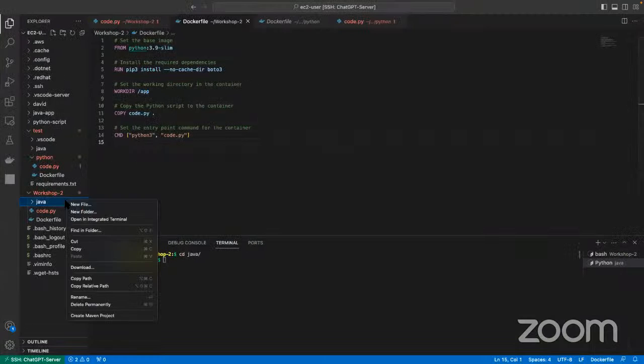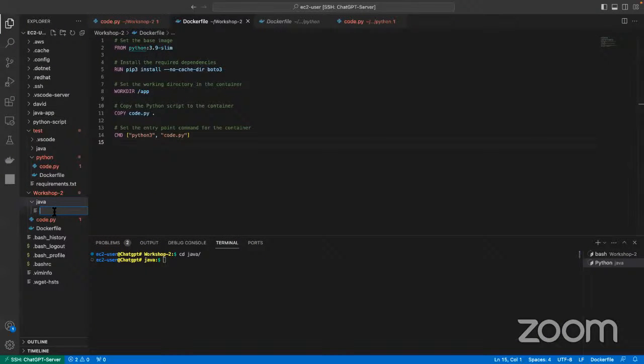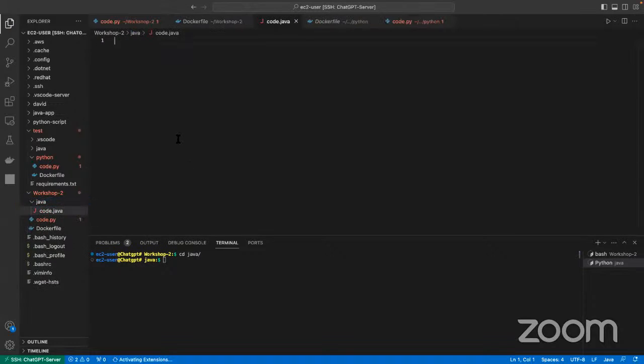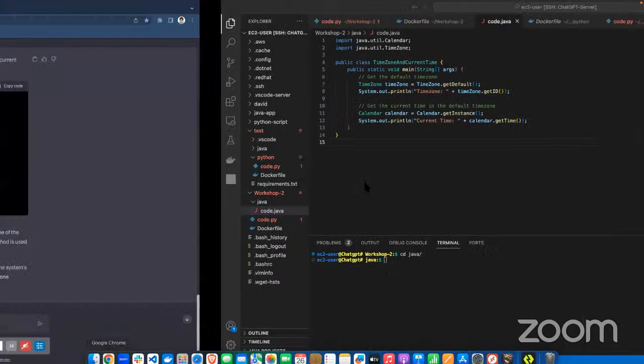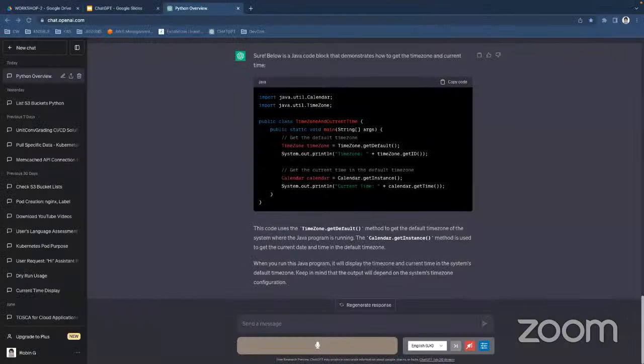Getting back and creating a new file, let's say code.java. Okay, so let's paste the content in here. And after that, if I get back to ChatGPT, it's going to give me the file name as well.